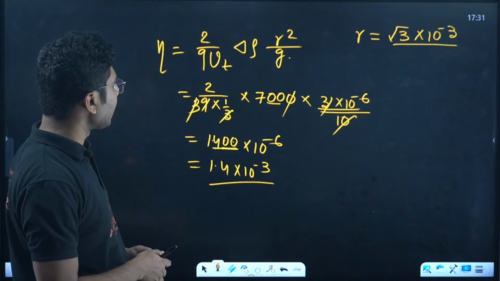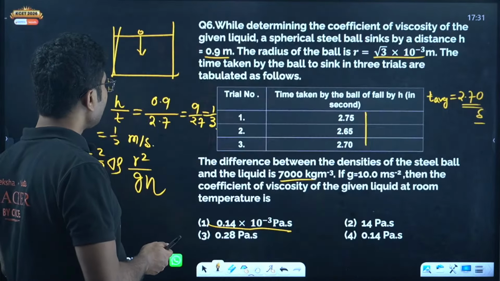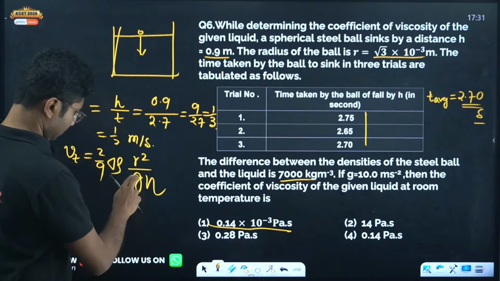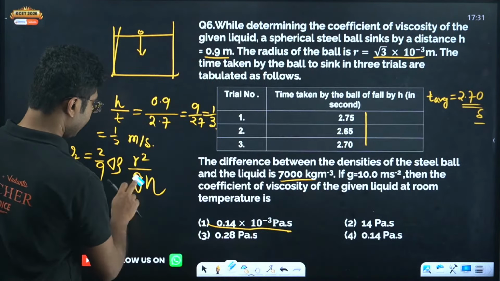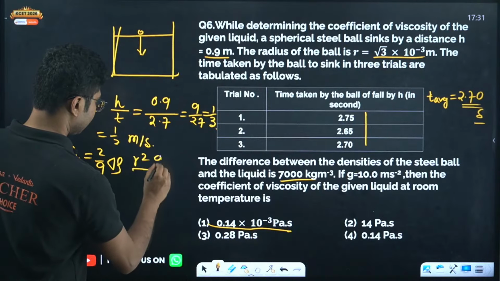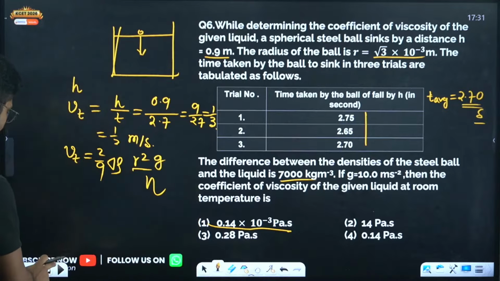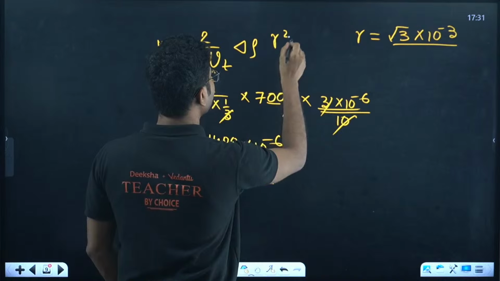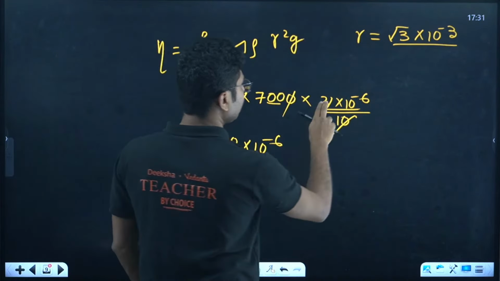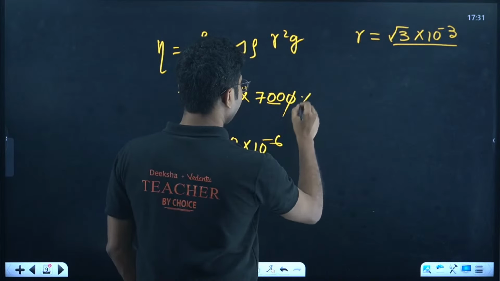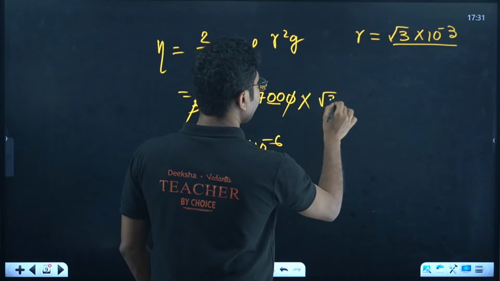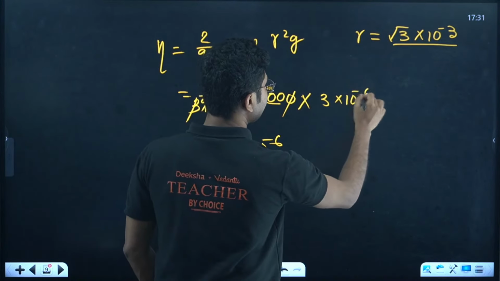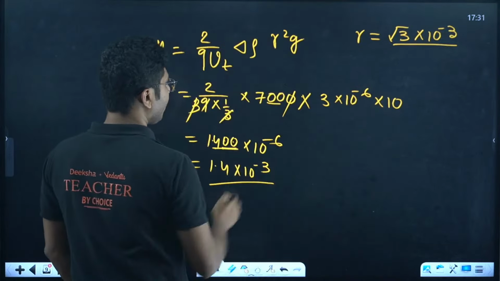G should be in the numerator. Why should G be in the numerator? Yes, sorry. It's R square G, no? Yes. So that is one mistake. Let's see if I can correct that. R square G. Okay. So it will be into root 3 into 10 to the power of minus 6 into 10. Okay. So from there we get